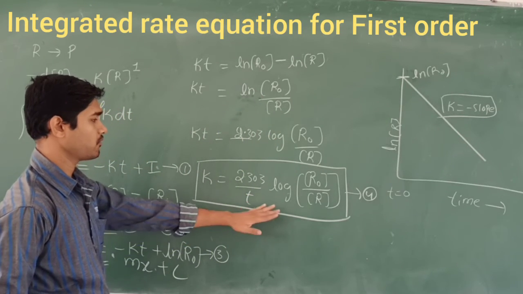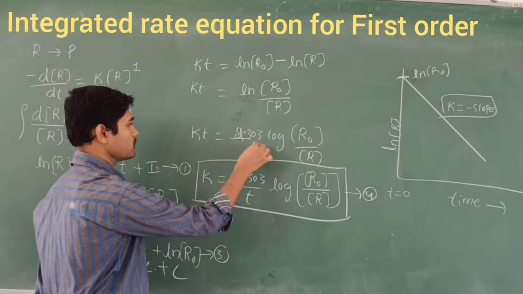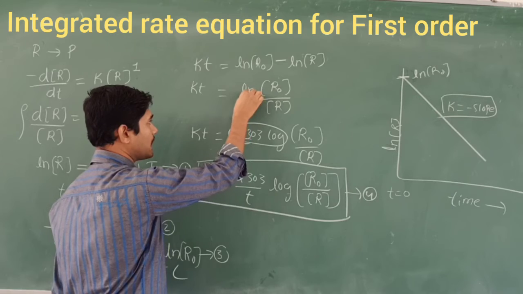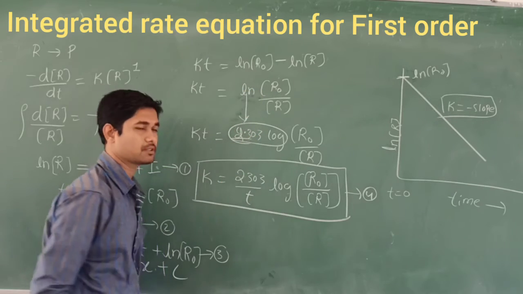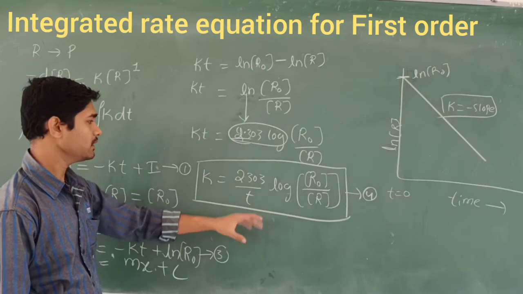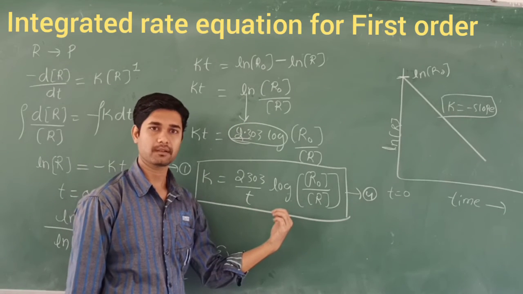So this is the formula here. Why? Because we are going to take this value, so we are going to remove this ln value. So the ln value becomes like this, 2.303 into log. That is what they are going to obtain directly from the experiment. So this is an important formula here.